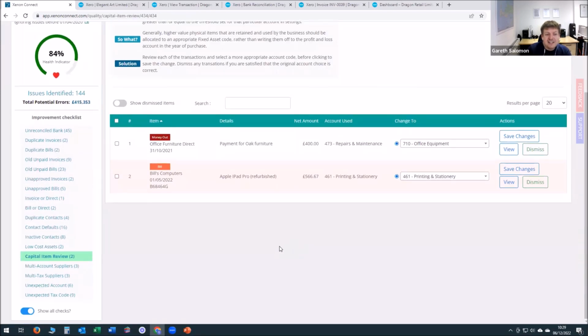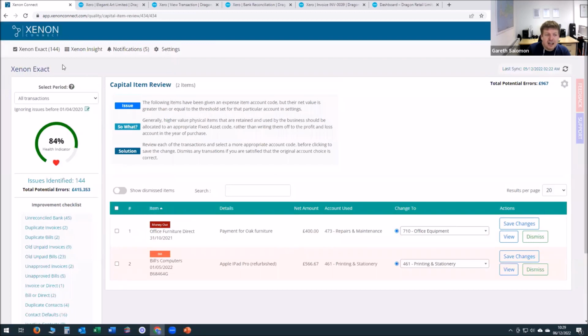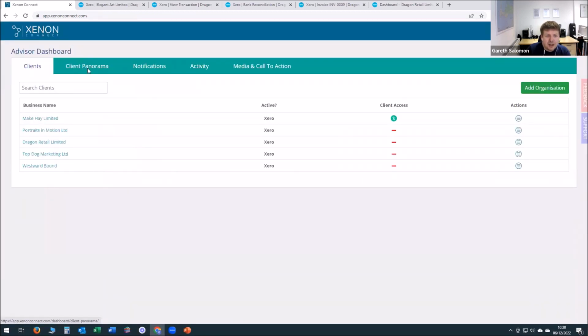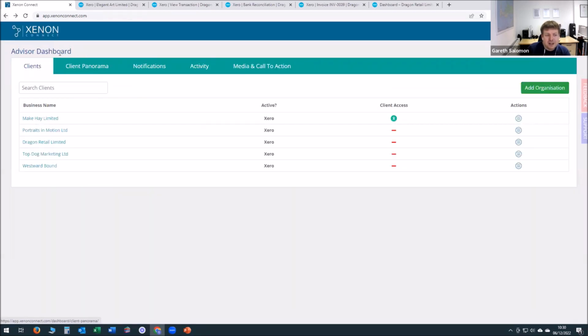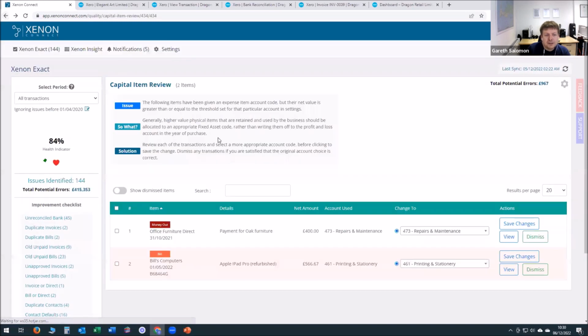So they're all the 18 data check pages. And you'll see, again, if we go back to the client panorama, you'll see that the overall data check score that we just looked at, 84% there, shows up, and the number of items in total show here. So you've got that panoramic view of all your clients. If I just jump back into that particular contact, the next section,